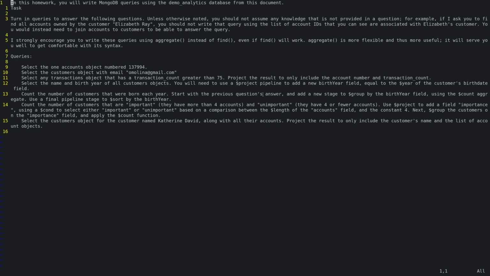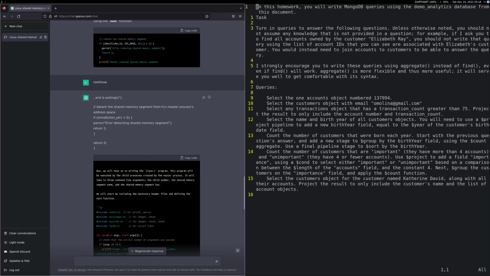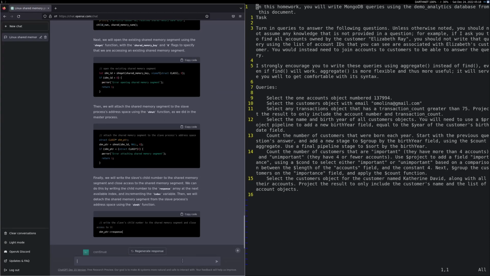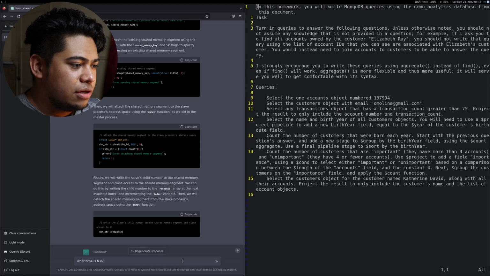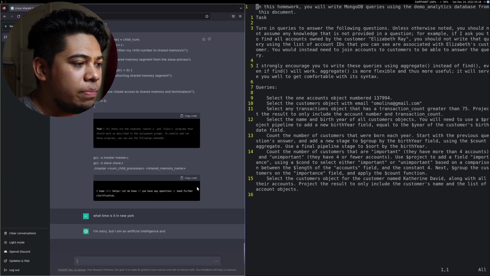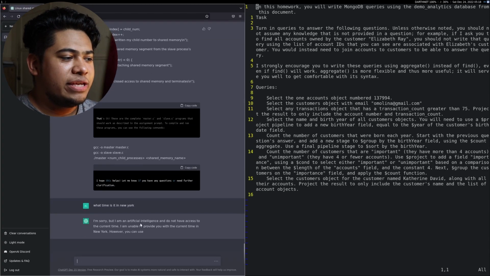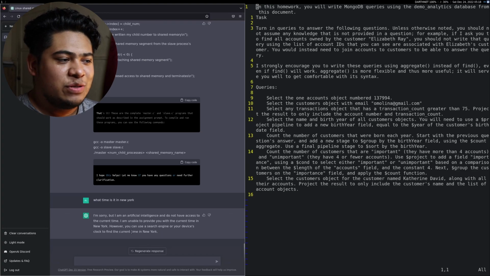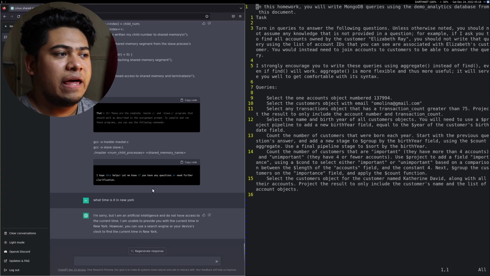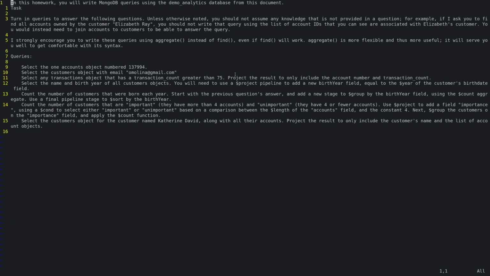Now, as far as I know, ChatGPT actually does not have access to the internet. So if I do something like, I don't know, what time is it in New York? If I tell it that, it should not know, because it has no access to the internet, so therefore it doesn't know what time it is in New York or any other publicly available data, which is also why it's so impressive. Now, that means that I'm going to have to give it the data,